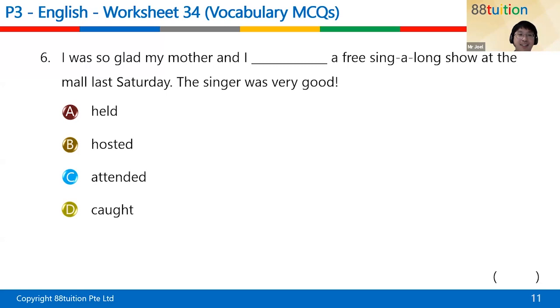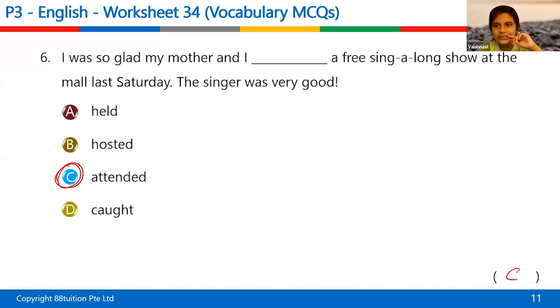So Vaish, you are now correct. Previously you chose A. And then Wei Hong, what was your guess for this one? B. Okay. So B is wrong. What is the next best answer? C. You're right. Okay, so Vaish, can you explain what is attended? Attendant is like when someone hosts a party, then they invite people, then they have to choose